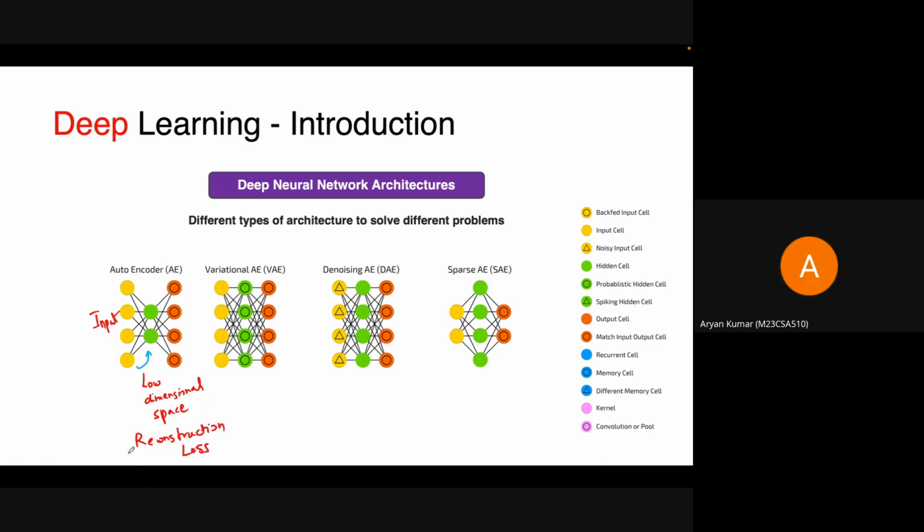Just like PCA. Exactly like PCA. But in PCA, the rule is that the latent space is orthogonal, right? The component space that you come up with is orthogonal because principal components are orthogonal to each other. But this does not need to be that. It can be any latent space